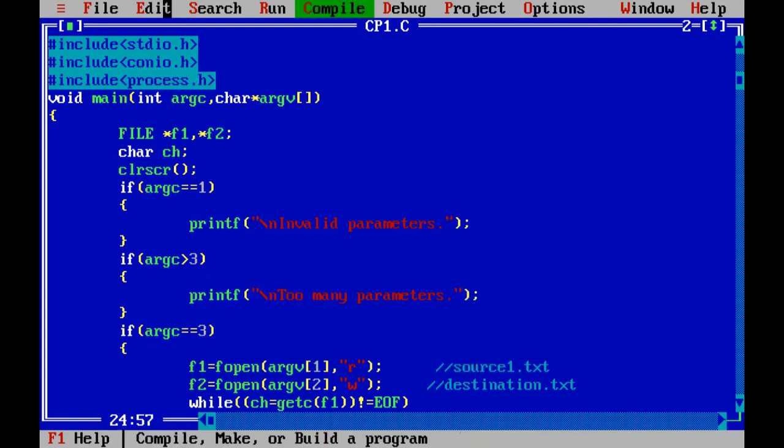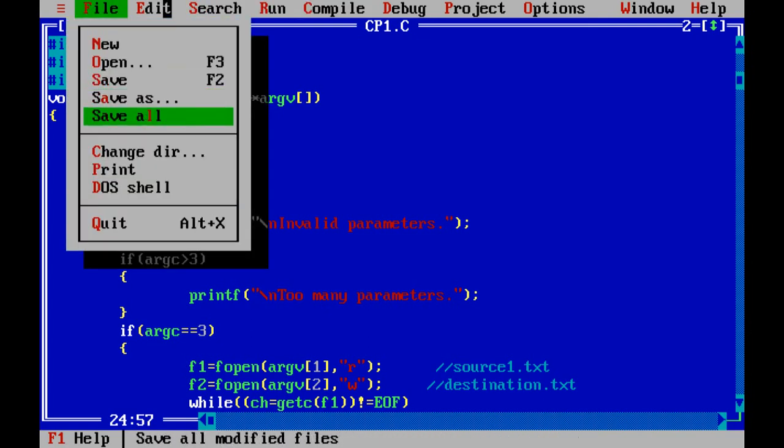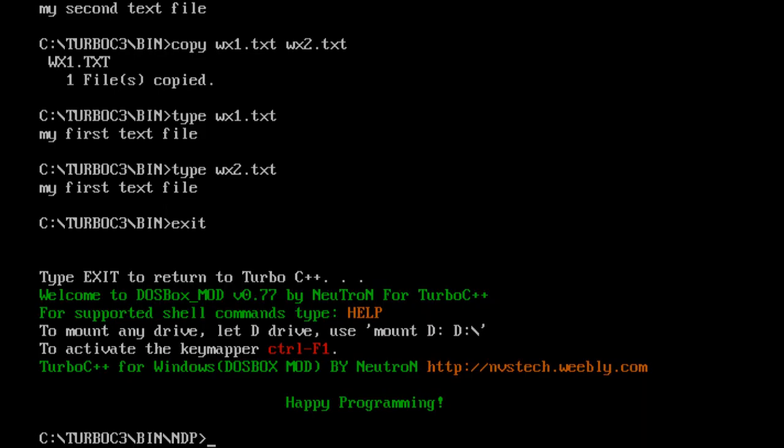Now let us go to our DOS shell and execute our exe. Now again let us create some files. I'm giving the same names, source and destination, so that it becomes easy for you to understand.